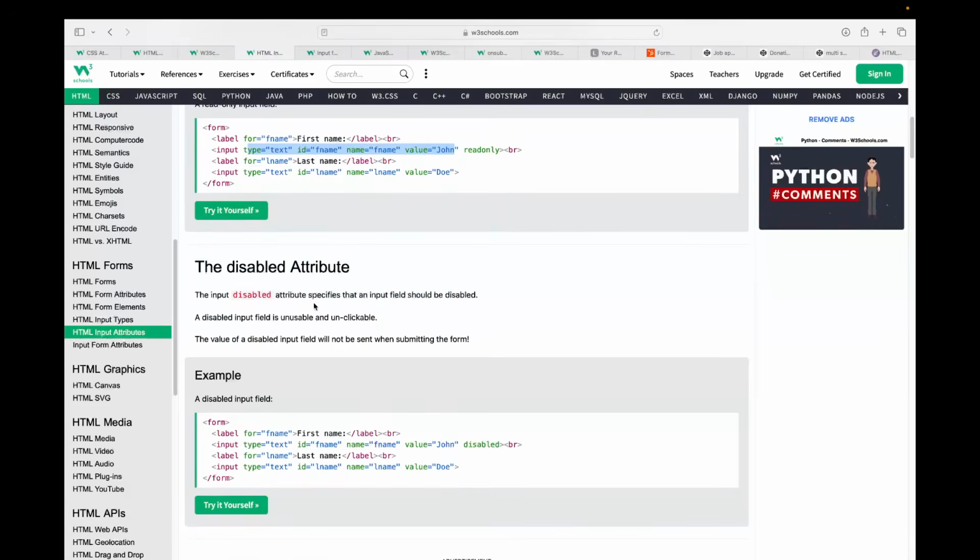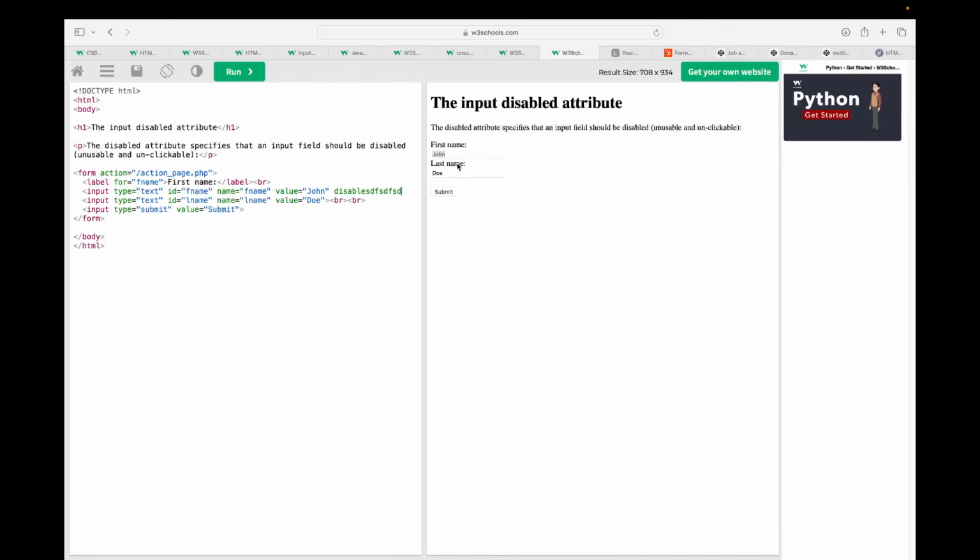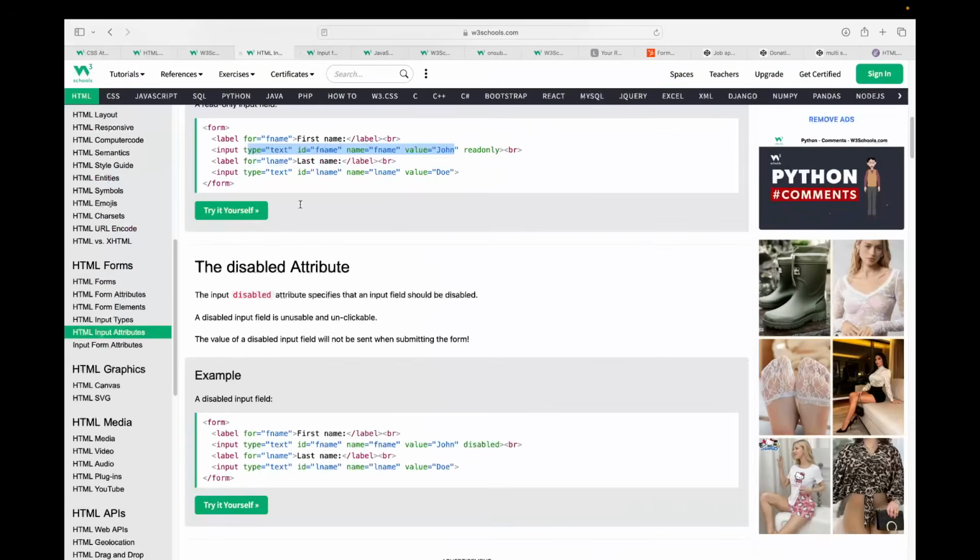You can use that disabled attribute also, and you can see this is disabled. Again, it is not showing anything over there, and it's not changeable. So disabled and read-only are again similar, but with a little technicality. It's unclickable and all that. The value of disabled will not be sent. Remember, disabled means the input field will not be sent